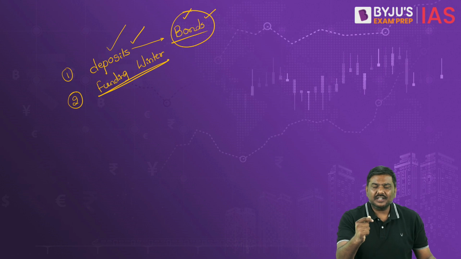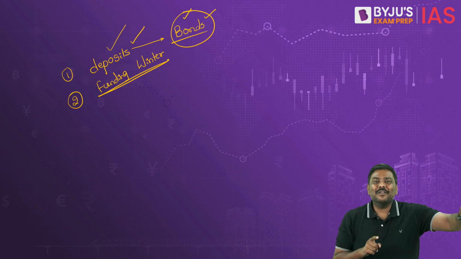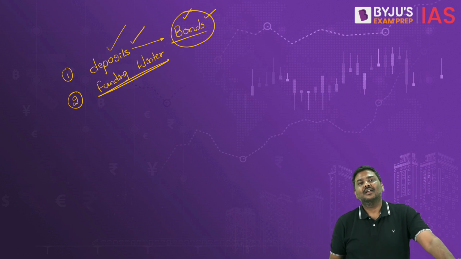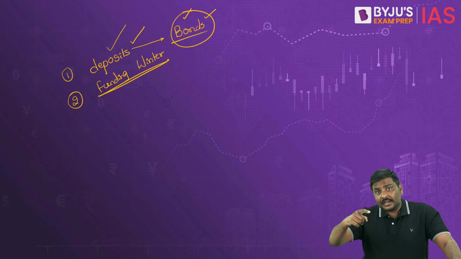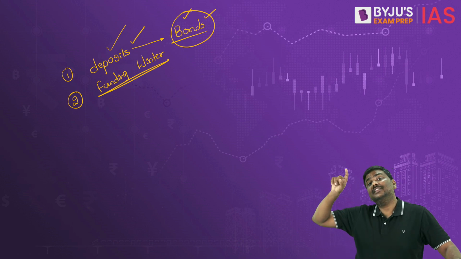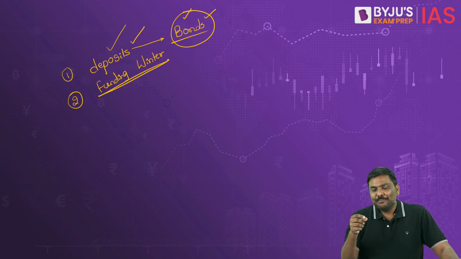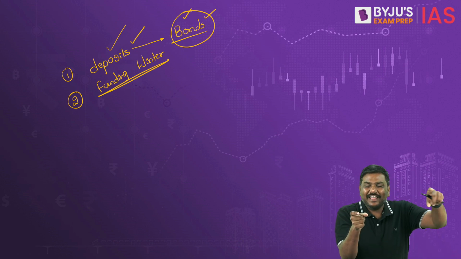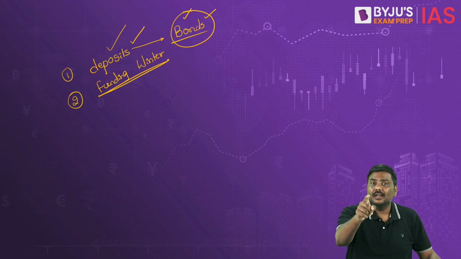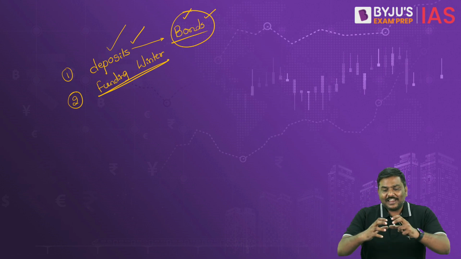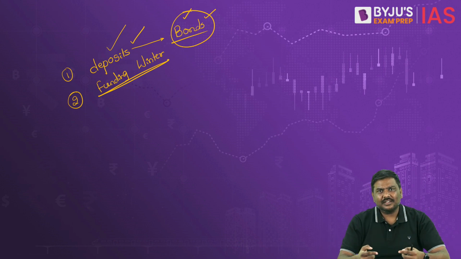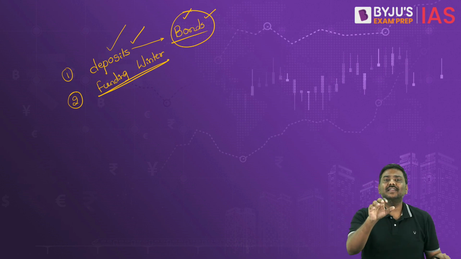Now, the moment depositors came to know that there is a problem with the bank, they started running to the bank to withdraw the funds. In fact, many financial institutions which were in that meeting told their customers that the bank is in crisis. There is a problem with the bank. Safeguard your deposits. So a panic started. Customers, that is depositors, one after the other, started withdrawing funds from SVB.